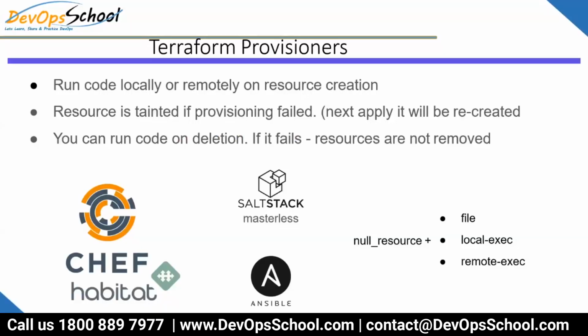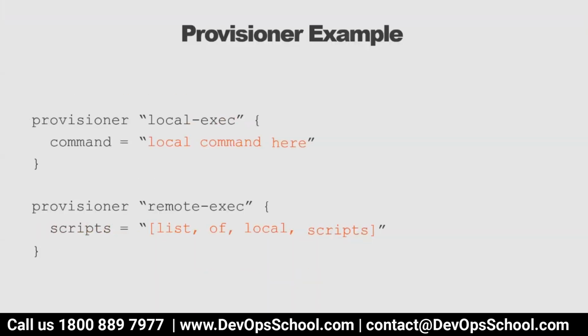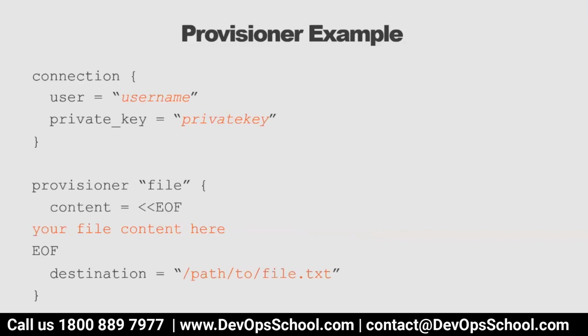Now understand that. Let me ask you one question. Tell me for which provisioner you require IP address, username, and password. I talked about three provisioners. So for which provisioners do you require the IP address, username, password, and authentication method and all? Tell me. Remote and file. Wonderful. You understood that. Remote, because we are copying some files from the local host to remote. So of course you need a username and password and IP address. And for copying the files also you need them. So yes, for remote exec you need a connection, and for file also you need a connection. Remember, for local you don't need a connection.